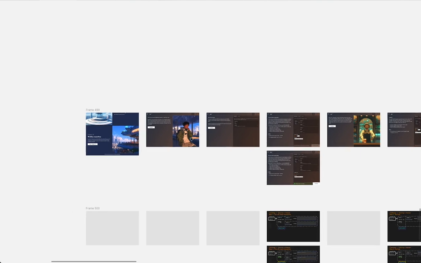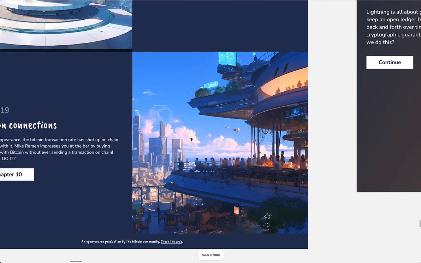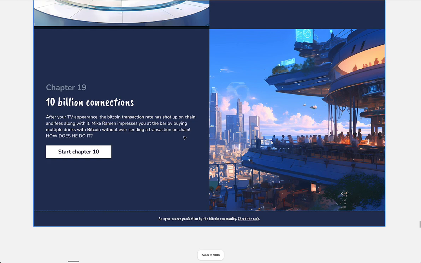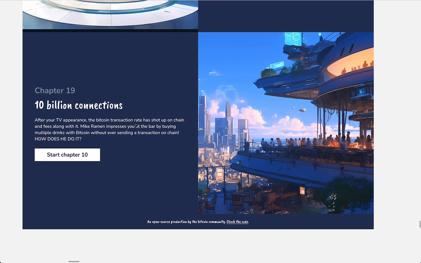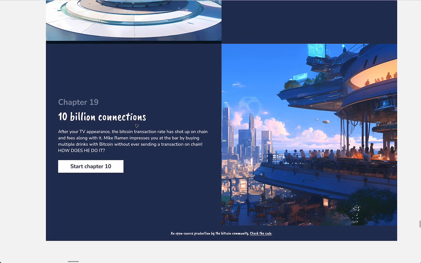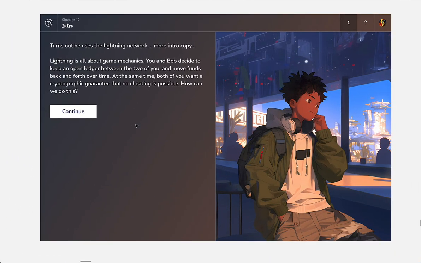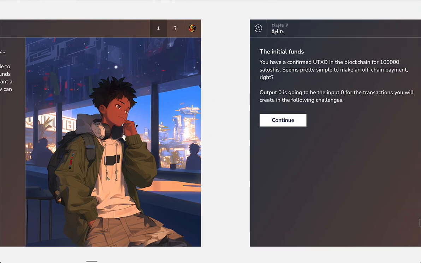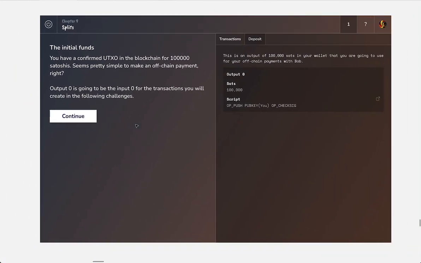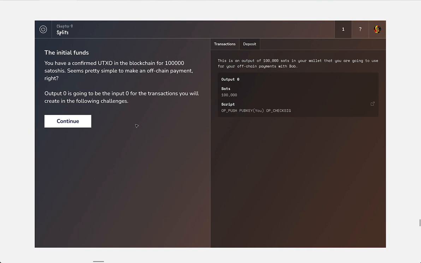So let's dig in. As usual, we have our chapter intro screen, which sets the stage basically. You're at this bar now, you're celebrating, you observe Amika ordering ramen and making a payment, and you're trying to figure out, well, I never thought about how this Lightning stuff works. And then you start to get into this conversation and this interplay with Bob, trying to kind of recreate